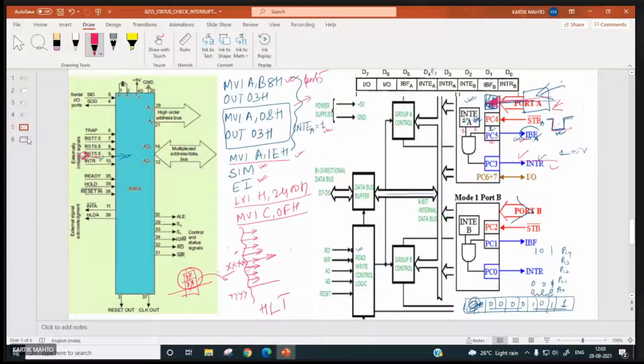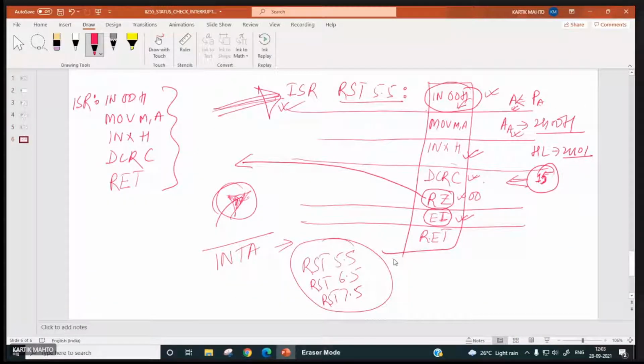Yes. So that's why we make it EI and then return. So from here it will return to the main program, and again the RST 5.5 interrupt is generated. It will branch to the ISR and execute this subroutine.